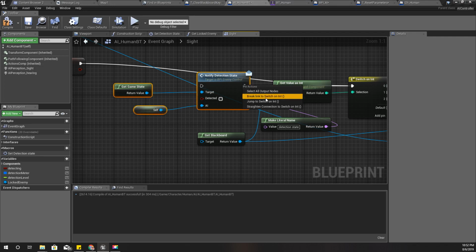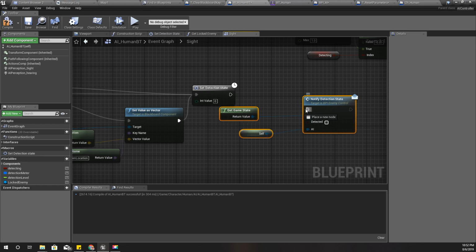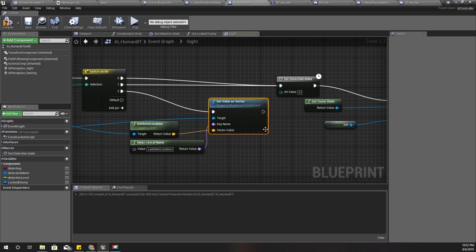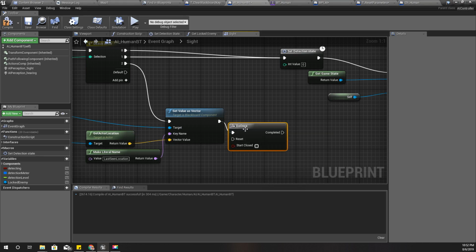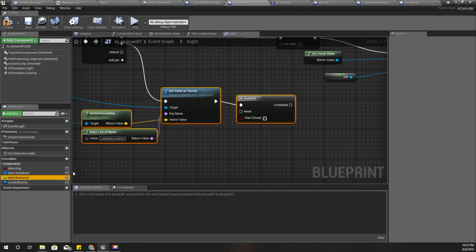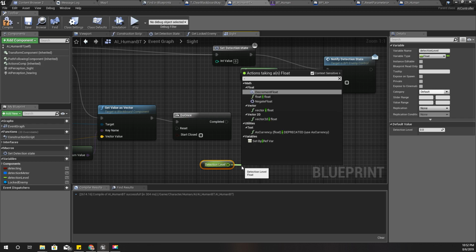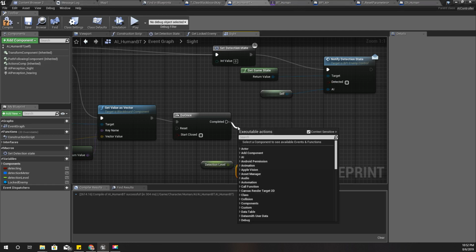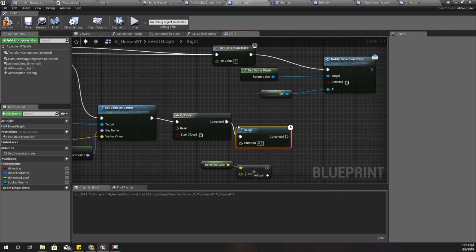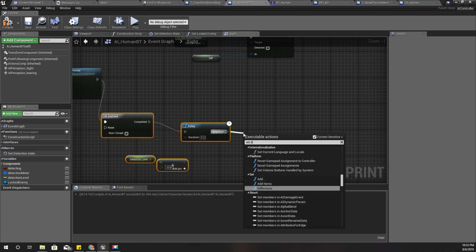Avoid this part calling here. We will call it right here. So before calling this, let's do something like this. Let's add a do once node and the detection level. Let's gradually reduce this one. Like this. Minus 0.1 and add a delay like this. Set detection level